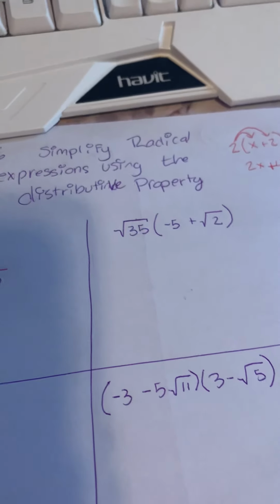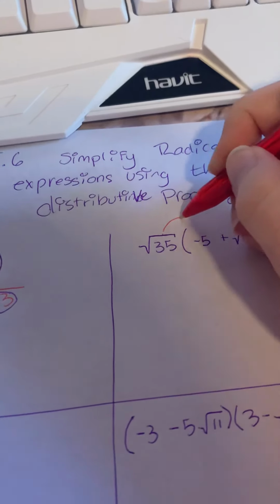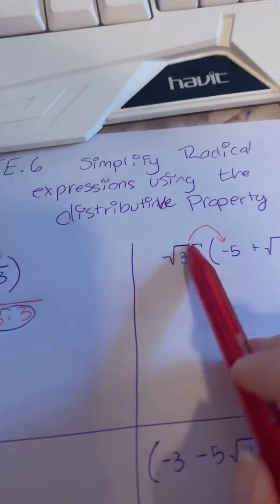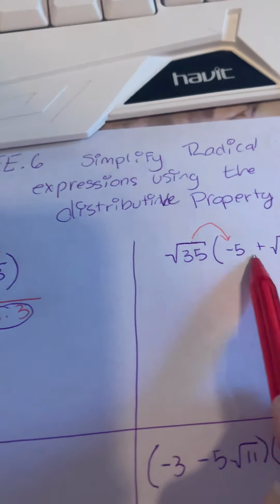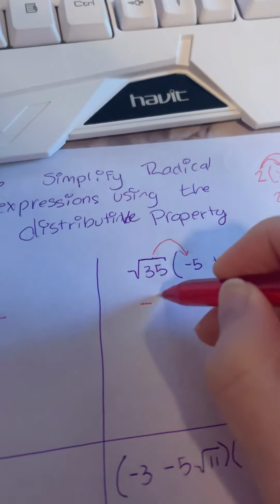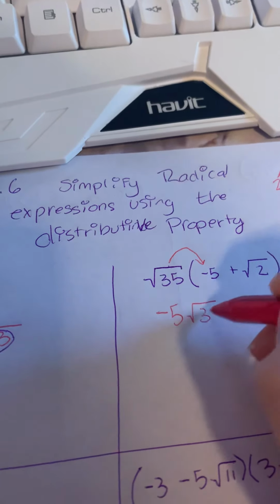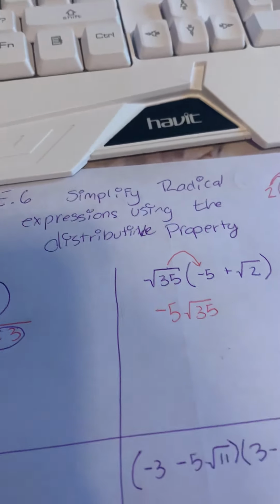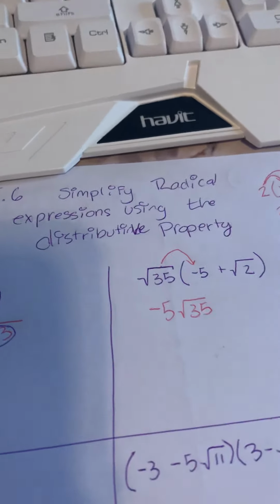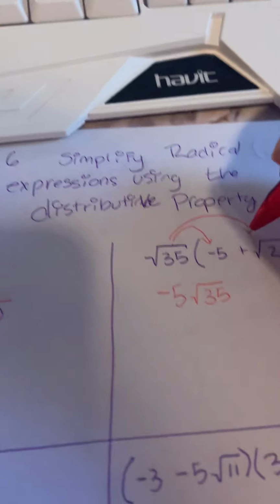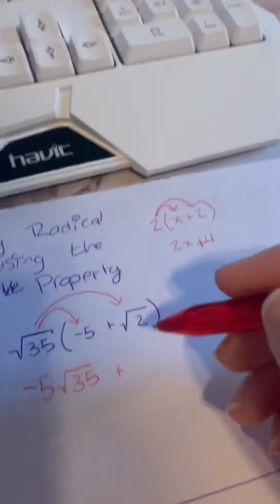For this next one, same idea. We're going to distribute that. So we've got square root of 35 times negative 5. So I'm going to write them, just write them next to each other. The square root always goes second, right? And then this one, I've got